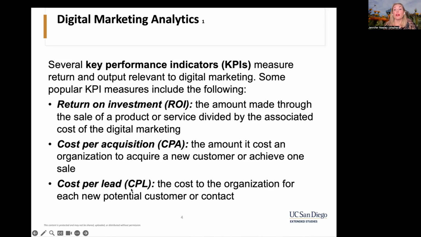But analytics are really the heart of measuring digital marketing success, of course. Metrics like ROI, cost per acquisition, and the cost per lead help organizations track performance and optimize strategies. The ability to collect, measure, and analyze data effectively is crucial to driving informed marketing decisions. And again, that iterative process where we continue to try to make things more efficient and monetarily valuable. You're making more money on what you're doing